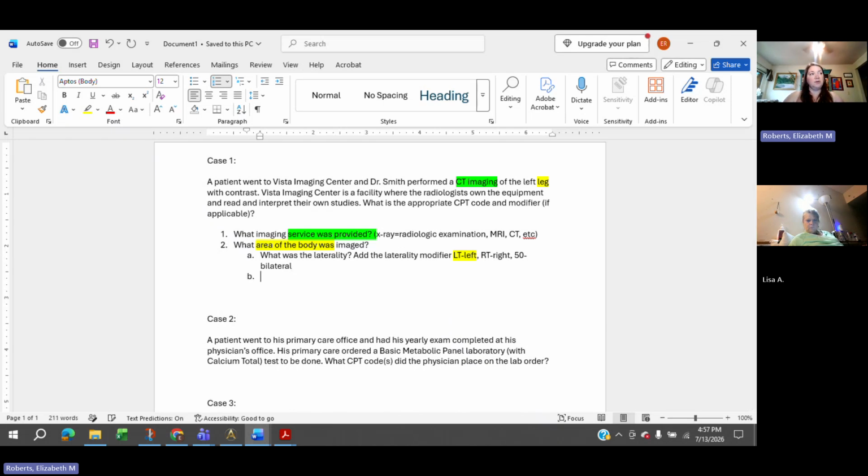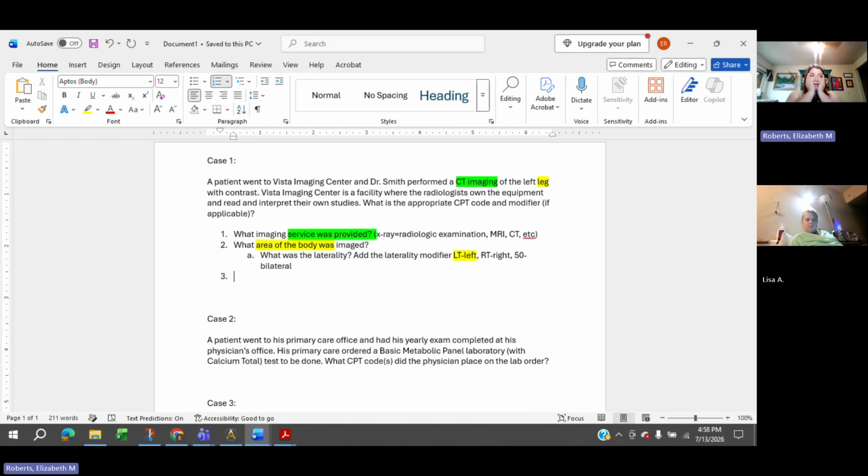In the real world, you also want to make sure that we have a diagnosis code that corresponds to that laterality and area, right? I work with denials all the time. If I'm coding for a CT scan of the left leg and it is sent with a diagnosis code for an unspecified leg, the payer is going to say, this doesn't make sense, and they're going to kick it back and deny it, right? So the laterality modifier is really important when it comes to diagnostic radiology, as well as a corresponding diagnosis code with that same specificity.